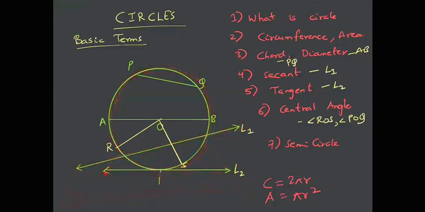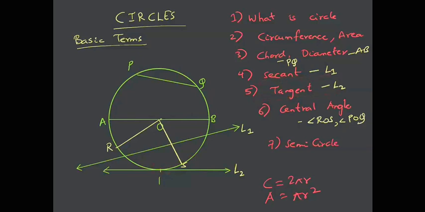Okay. So if L2 is the tangent of the circle, then in this case, the circle is said to touch this line. So it is said that this circle touches the line L2. If a circle touches the line L2, it means L2 is tangent to the circle. It means it intersects the circle at only one point, and this point is called the point of contact. So the point of contact is that point at which the tangent and the circle intersect. Okay. So I think this is clear. What is secant and tangent?